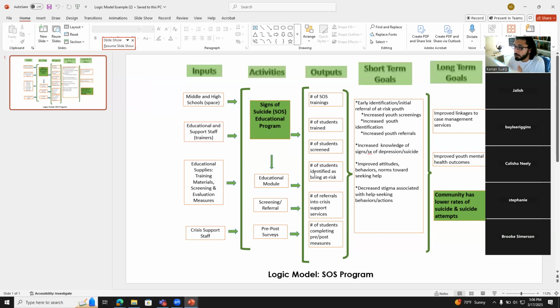Again, short-term is usually the things that you are going to see right after implementing the program. Long-term is the outcomes that you will observe over time, like the community has lower rates of suicide. That's not going to immediately happen. It's going to take some time, maybe years, right, to observe that. So those are long-term goals. We need to make that distinction between short-term and long-term goals or outcomes. All right, now,